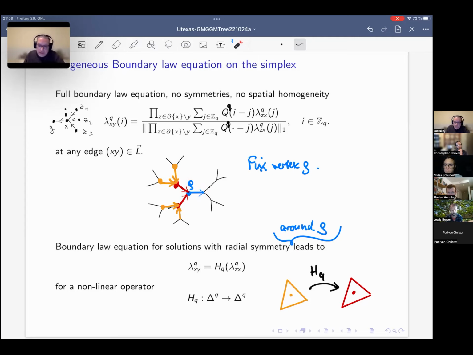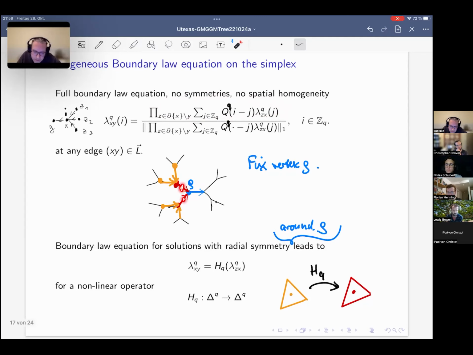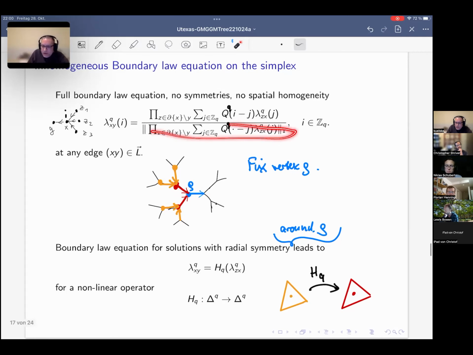And then let us look at this nonlinear boundary law equation again. If we want the blue thing, we have to know what the red incoming boundary laws are. Let's suppose that they are the same, at least in this hierarchy. So the immediate parents, these two parents of this one, do the same thing. They don't need to be the same here. And so for all hierarchies going back, you're looking for solutions with this sort of radial symmetry. And you have this one. And remember, the boundary law equation had some C's appearing.